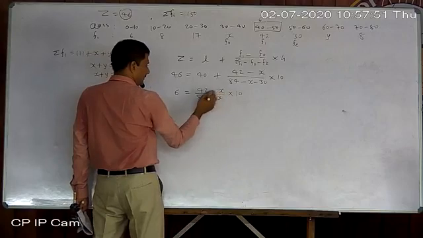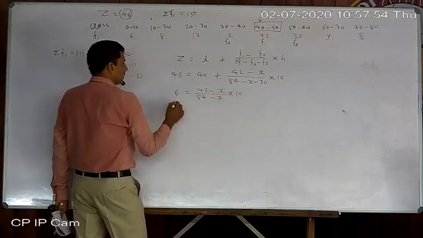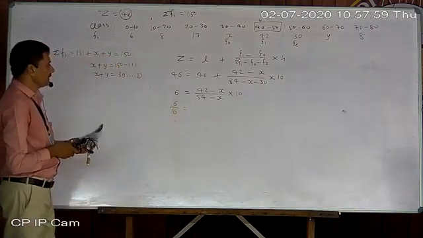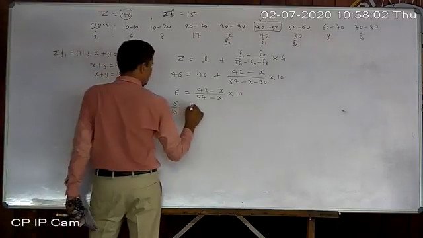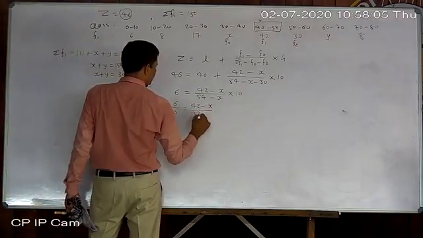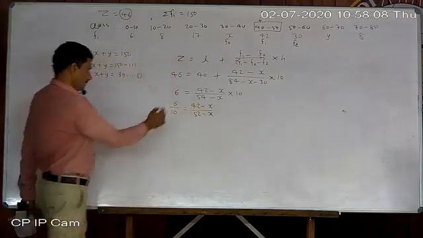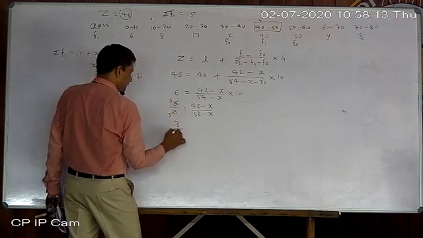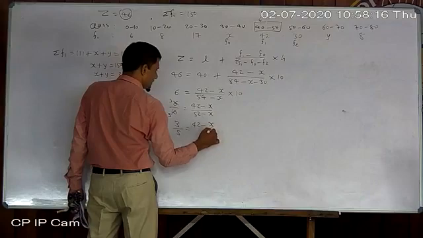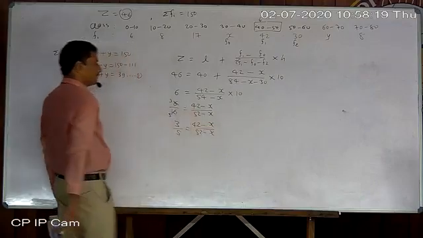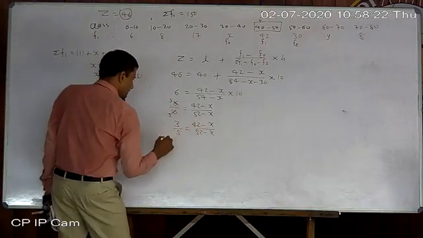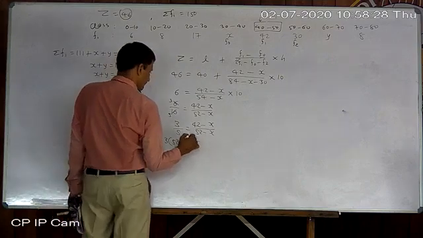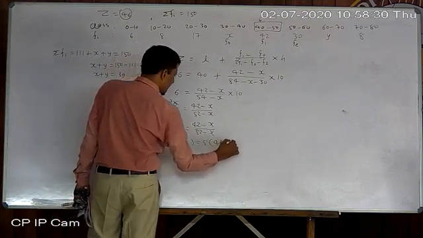Now you can either multiply 10 to both ones, otherwise you can shift 10 here also. Now whatever is left there, 42 minus x, 52 minus x. Now they are being cancelled by 2, so 3 and 5 left. So just write down whatever is left. 3 by 5 is equal to 42 minus x over 52 minus x. Now cross multiply. So it will be 3 into 52 minus x is equal to 5 into 42 minus x.